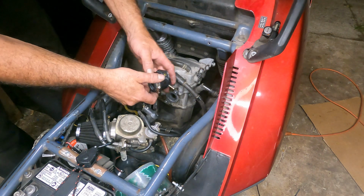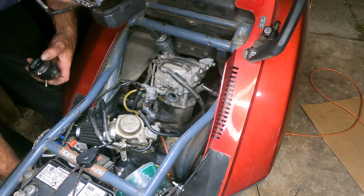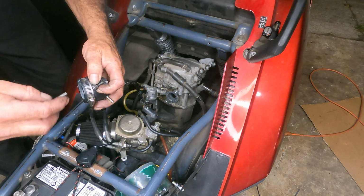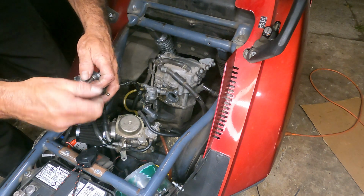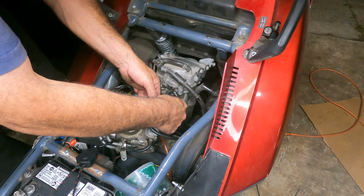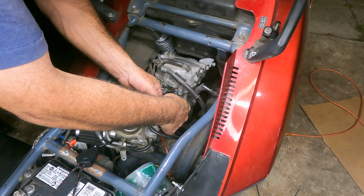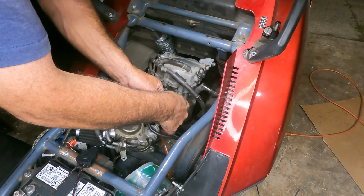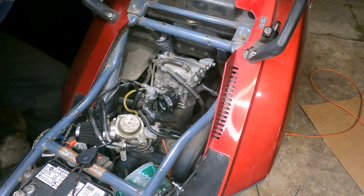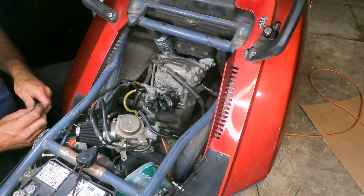So we're going to start this top one first, right here. And I'll take this thing off and probably switch it around so it's the right way, but we're going to just get this bolt started. A few threads. Okay. Then the trickier one is this bottom one,